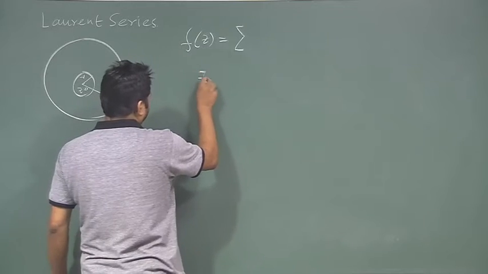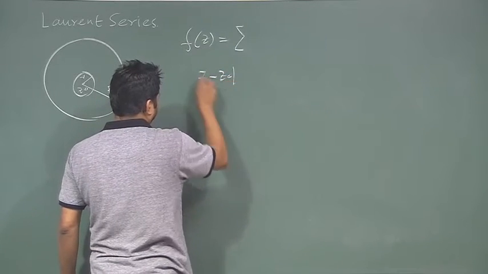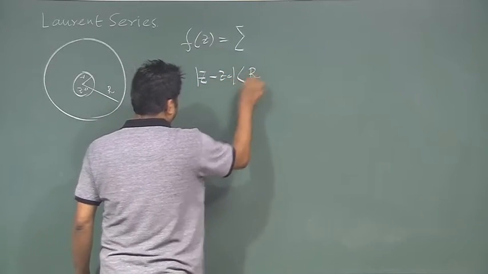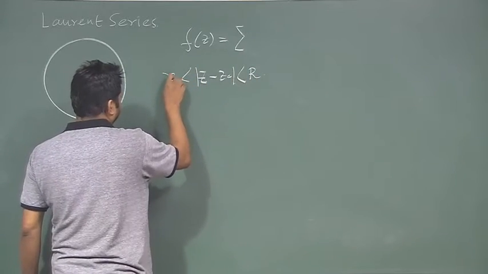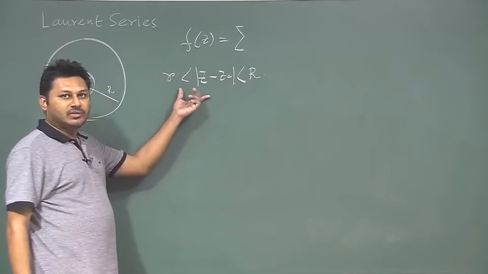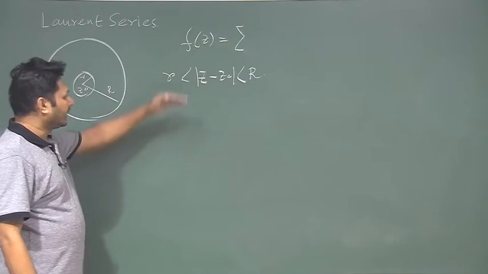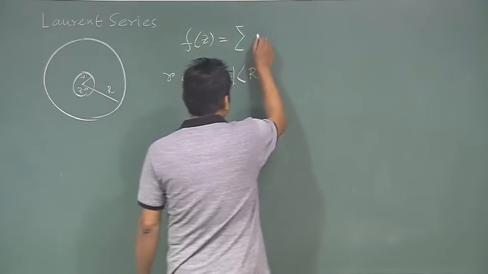So, the restriction is something like this annular region, the function is analytic, and for this region I can expand the function